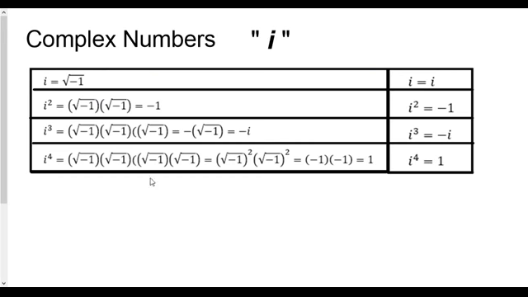Let's look at complex numbers. In our complex numbers, i equals the square root of -1 because it becomes imaginary. i squared would be